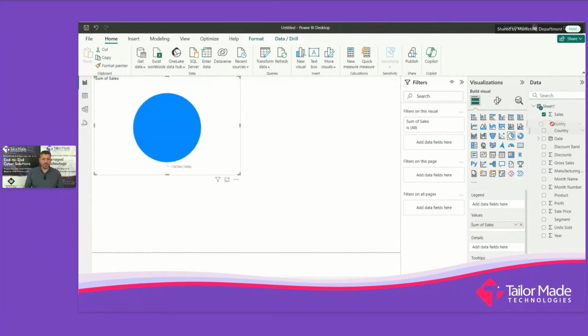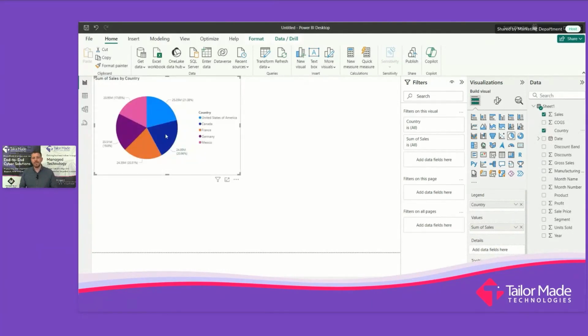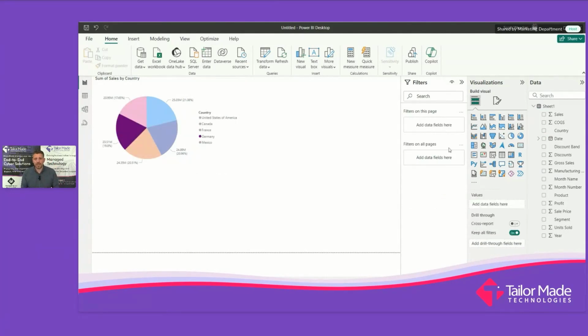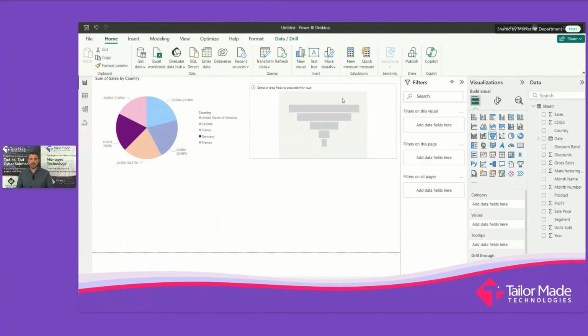Okay, so this is going to be a pie diagram showing the number of sales. All right, so you can see there's 118.73 million sales. But what I want to do is compare that against the countries that those sales are in. So I've dragged country and dropped it in the legend. And now I can use the legend down the side to individually pick countries. And very, very quickly, it's showing me some trends. It's showing me those insights into that raw, horrible data that we had underneath. And it's now broken it out into all of the revenue amounts that we've got in each thing.